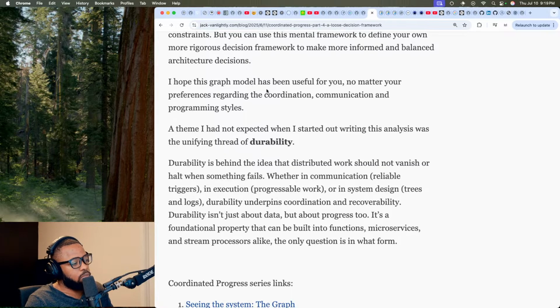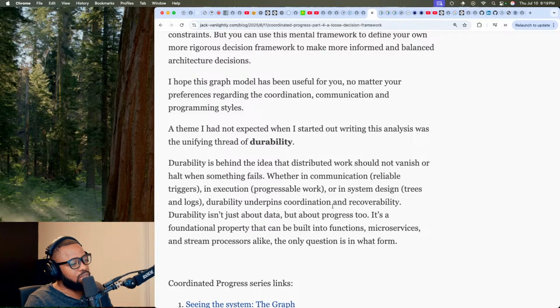I hope this graph model has been useful for you, no matter your preferences regarding coordination, communication, and programming styles. A theme I had not expected when I started out writing this analysis was the unifying thread of durability. Durability is behind the idea that distributed work should not vanish or halt when something fails, whether in communication, in execution, or in system design.